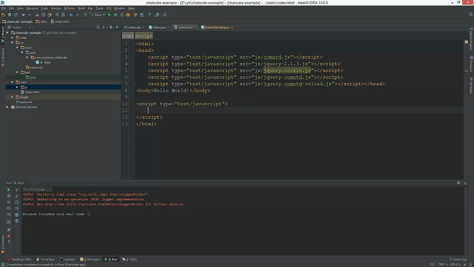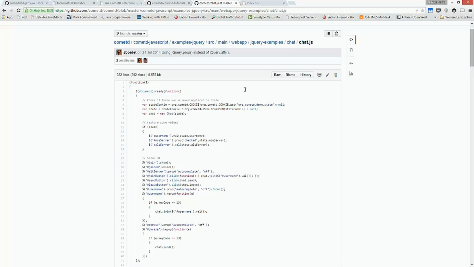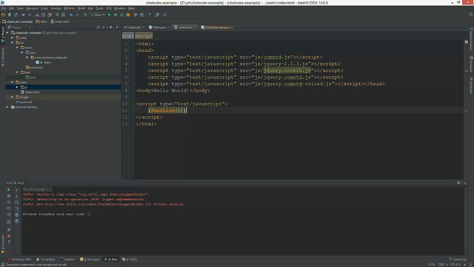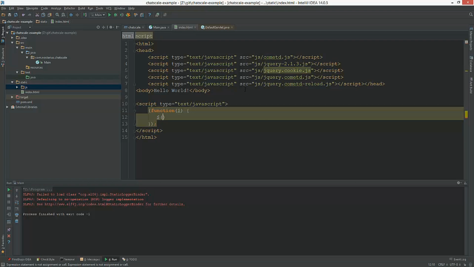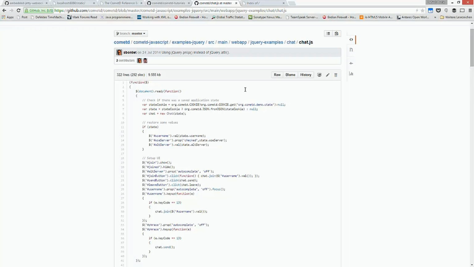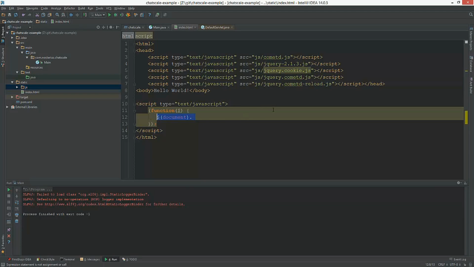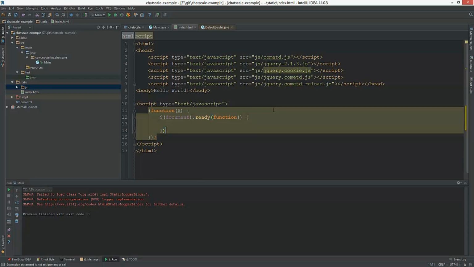I know this is not exactly correct, but bear with me. We're going to have a function which takes the jQuery, and this function will do document ready, that waits for the DOM to be ready in the browser before it actually does anything else.